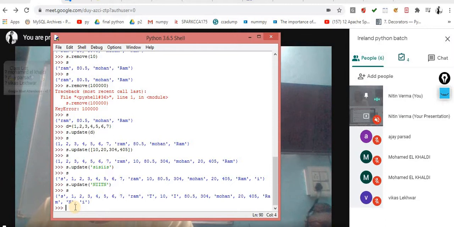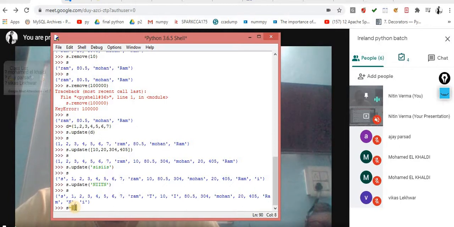The same things are applicable with the set. If I want to implement these operations, it is very simple, the set gives you this reference for how you can perform this. For example, let me show you.